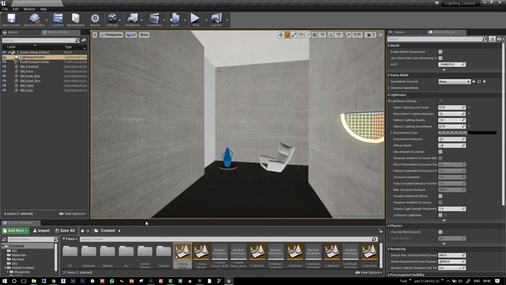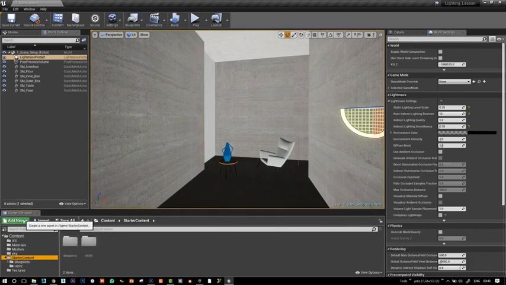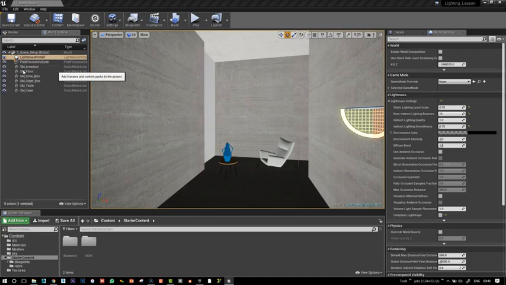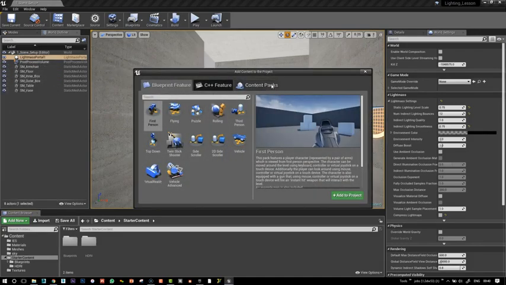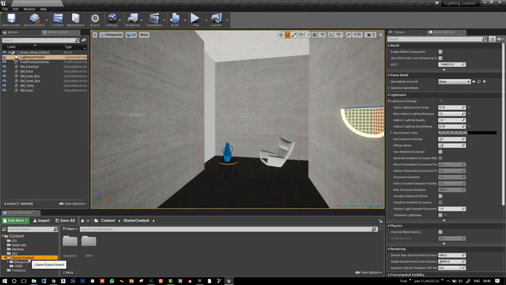Okay, so what we need to do is bring our starter content into here. If you haven't got it, you can click on here and add feature or content pack. You click on the Content Packs tab, click on Starter Content, and you add to project this way. It will bring the Starter Content folder, and in here a whole lot of things. I've deleted most of it and just kept the blueprint and HDRI so that it doesn't take too much room